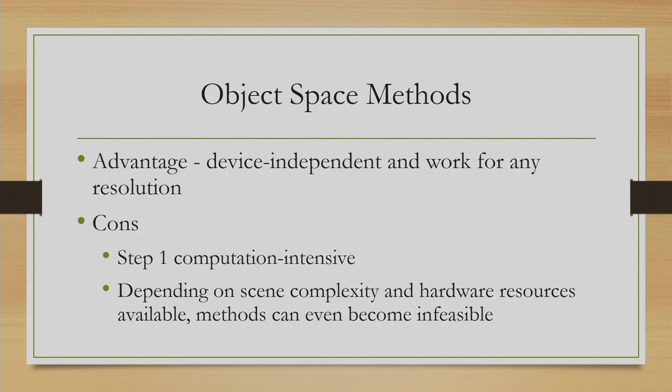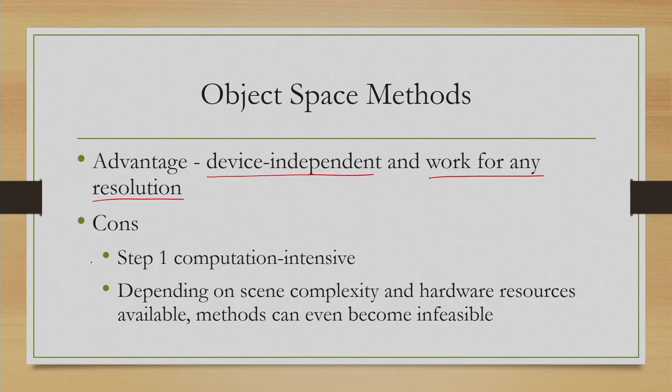So, what are the advantages? There is one advantage. So, these object space methods provide device independent method and work for any resolution of the screen, but it also has some drawbacks,